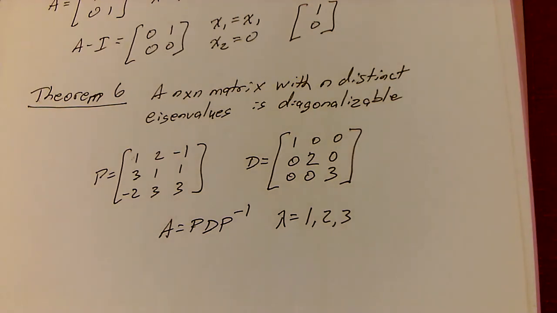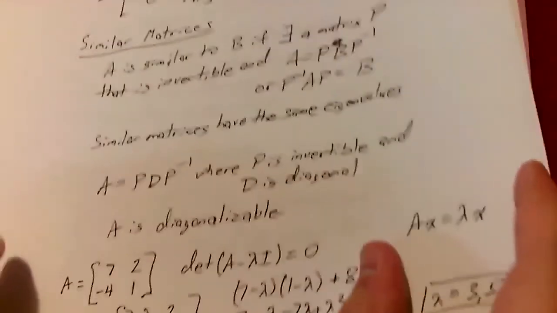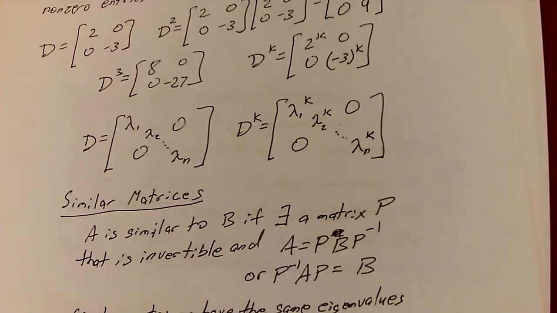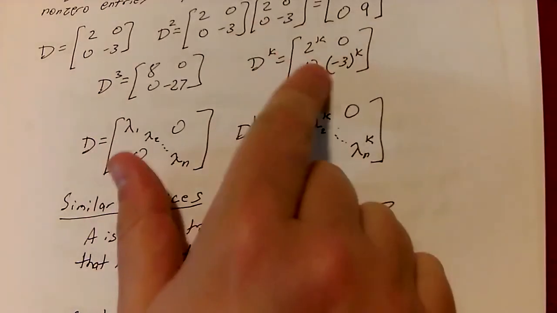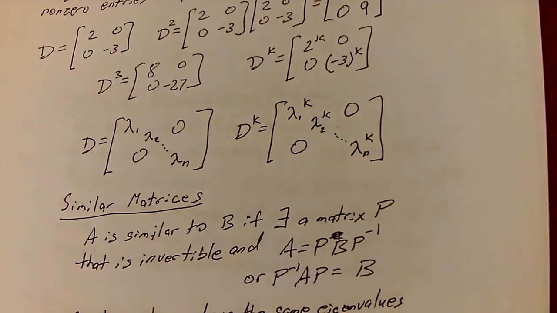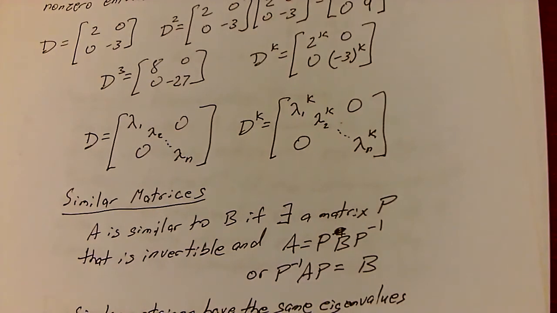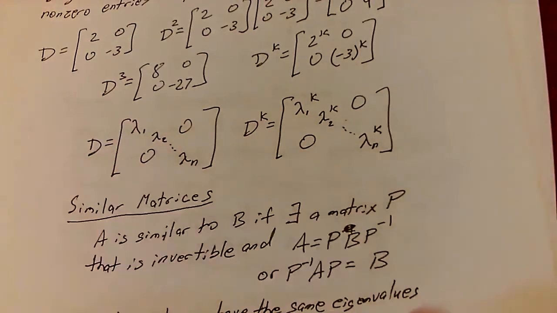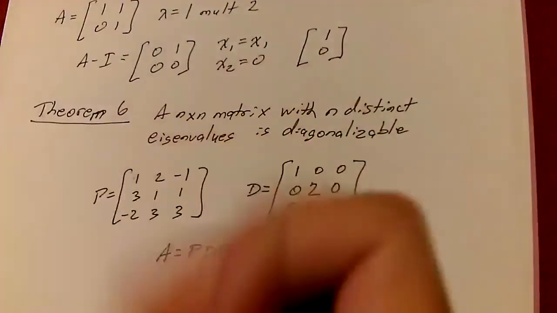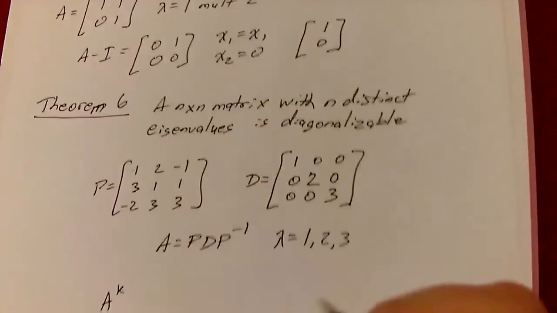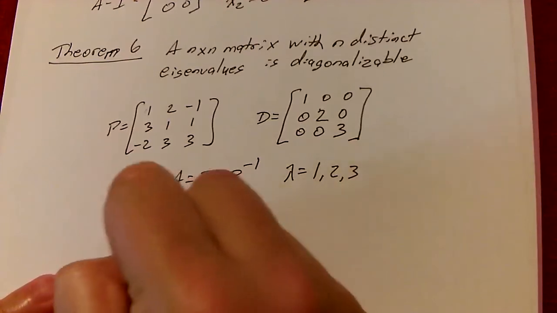Okay. And remember also that D to a power, we simply have to multiply. That was the very first thing in this section. I know it's been a while. You watch all the way to the end of the video and you forget. That's where we talked about why diagonal matrices are important or useful, is that if you have a diagonal matrix, you can raise it to a power by merely multiplying accordingly. So if I do A to a power, okay, so the observation there, right, if I have A to the K power, and I know A is diagonalizable,